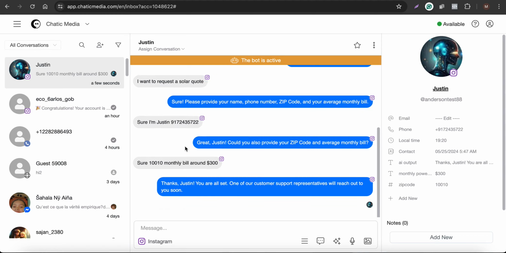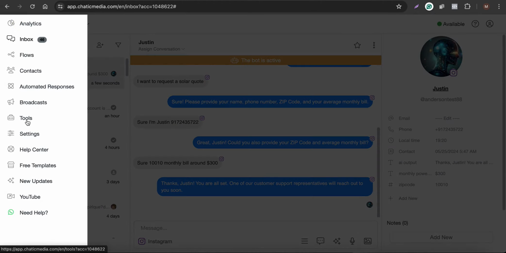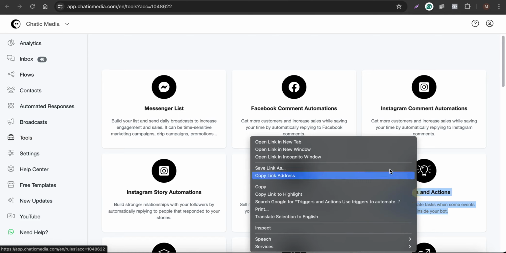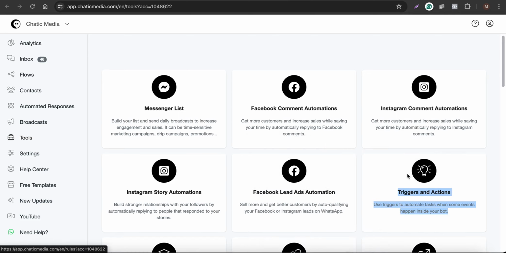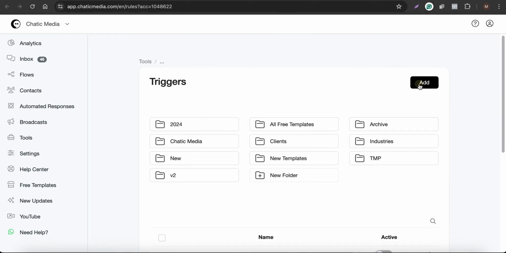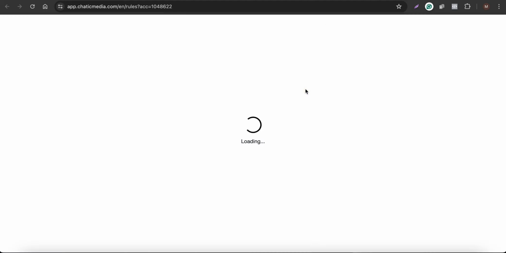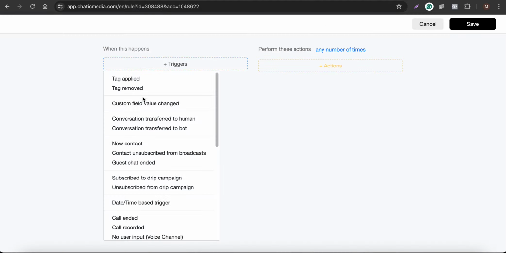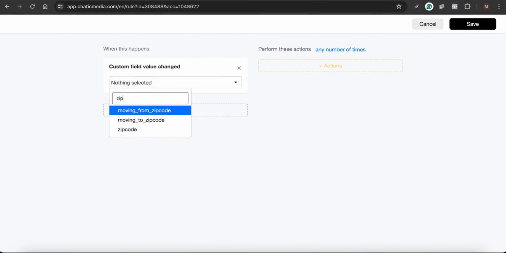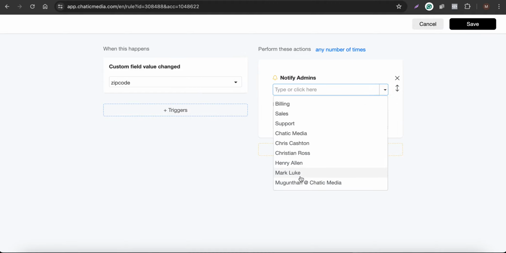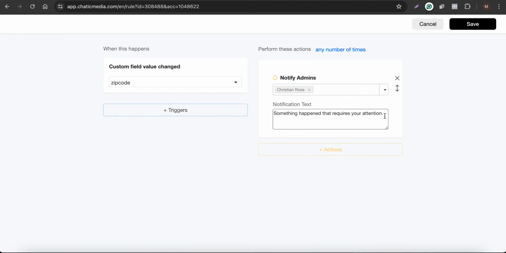So here we are not doing that one, but here using triggers and actions. For example, if you go to tools, let me show that one as well. If you go to tools and open triggers and actions, so let me open it. So here for the triggers and actions, let's say zip code, click continue. So I just created a trigger name as zip code, and here if the custom field values changed to some value, for example zip code, here you can actually notify the admins or whatever the admins you want to notify, and you can say